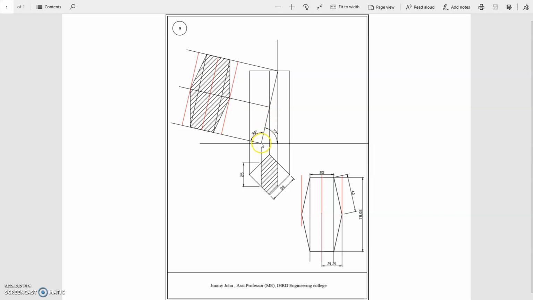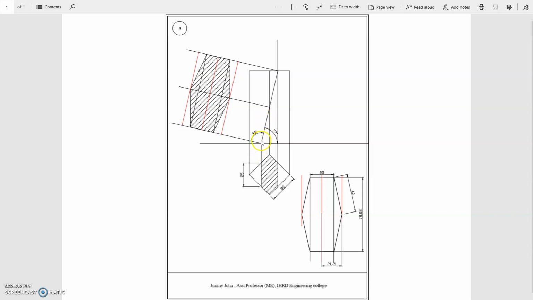We do not know the exact length, but it can be raised upward. Now with this point as center and this much length as radius, you cut the line through this point at this point. So this arc length is the same as the distance between these two flat edges. So you get this point. There you can determine the height of the top edge of the prism, so that you can complete this front view. Now this can be rearranged to get a sectional plane here.